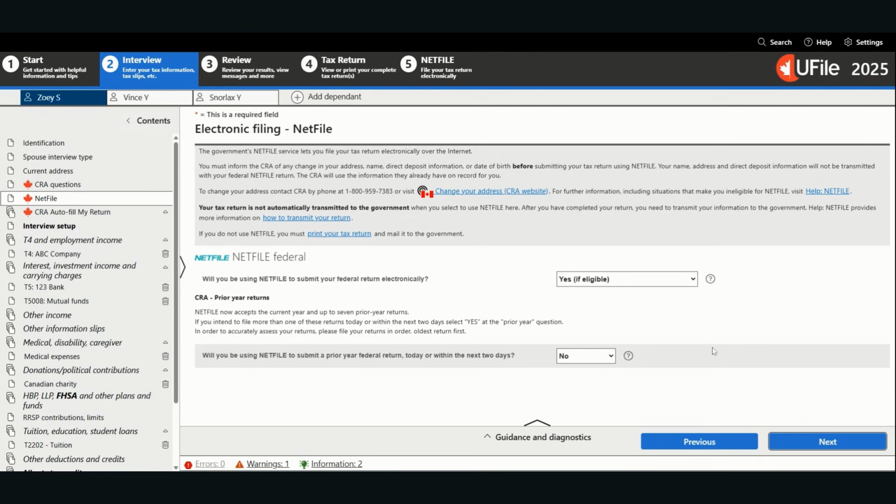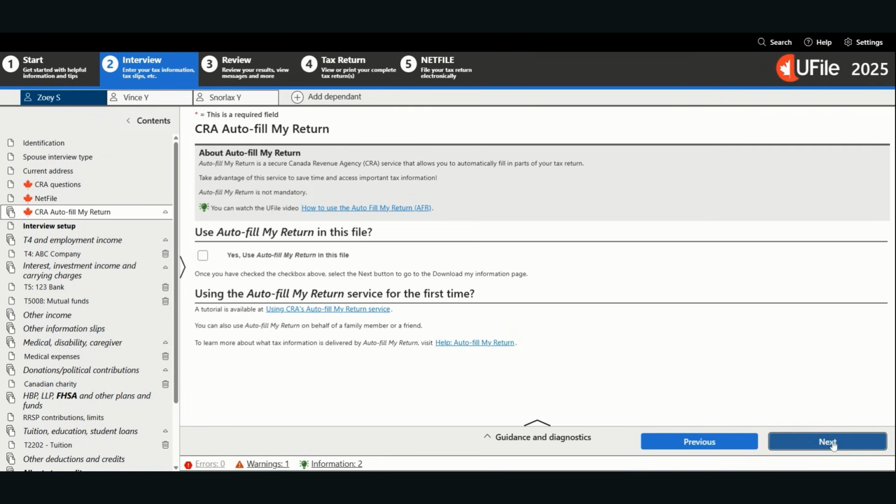If you intend to file your prior year's return, please file your returns in order, meaning the oldest returns first. This is because any prior year amount could potentially impact your current year amount. Click Next. For the CRA Autofill My Return, if you have a CRA My Account, this optional function allows you